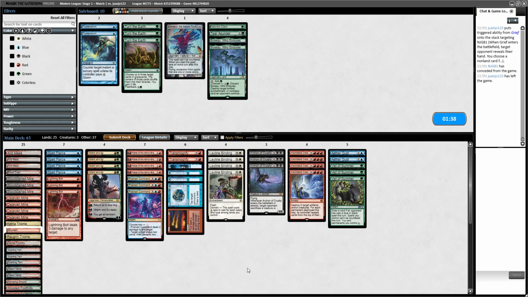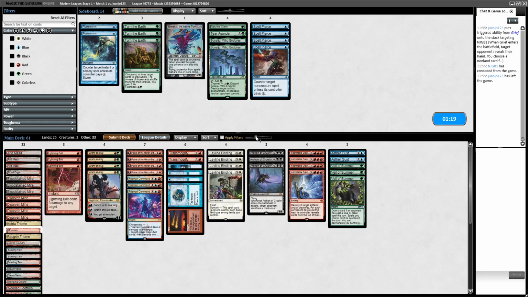Fire Ice is okay. Leyline Binding's probably good. Are they bringing in Necromancer? I don't think they usually run that. Lightning Bolt's probably fine. We want Prismatic Command, we want Ren and 6. Maybe we do cut some Spell Pierces. Yeah, I could see cutting Spell Pierce is probably fine. And then...